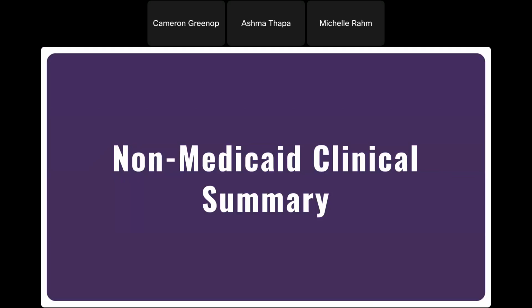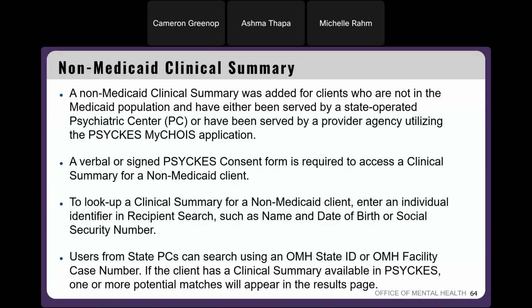So another thing that I wanted to mention is the non-Medicaid clinical summary. So what is a non-Medicaid clinical summary? It was basically added for clients who are not in the Medicaid population, and they have either been served by a state-operated psychiatric center or have been served by a provider agency utilizing the PSYCKES My Choice application. Just like the Medicaid clinical summary, verbal or signed PSYCKES consent form is required to access a clinical summary for